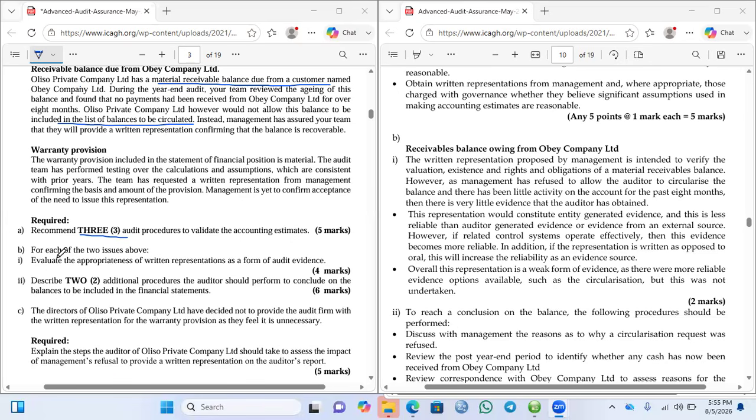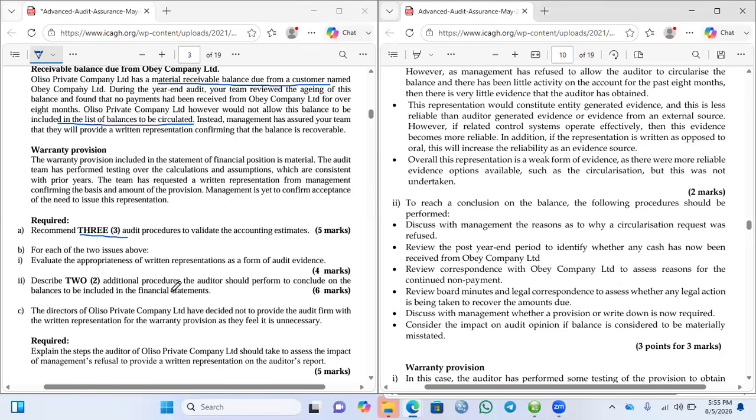So I think this question is about the strength of that written representation as audit evidence. And I think we are all clear that it's not a strong evidence the auditor can rely on, especially where management didn't allow him to confirm or circularize. Okay. Then